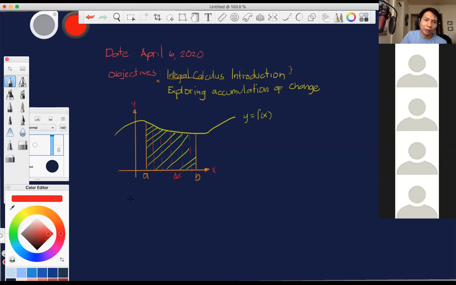Now, if we go back to first grade or second grade or third grade, what's the formula for a rectangle? Can you guys still remember the formula of a rectangle? Length times width. That's going to be length multiplied by your width, right? So in this case, what we want to do is, okay, our width could be defined by,